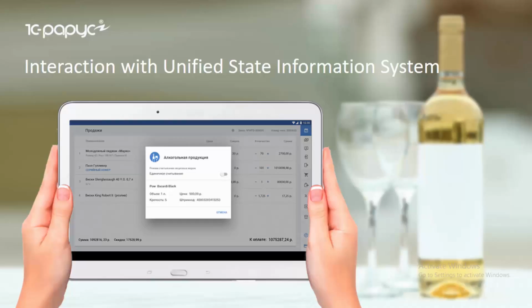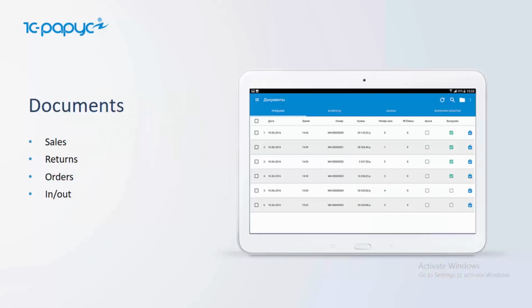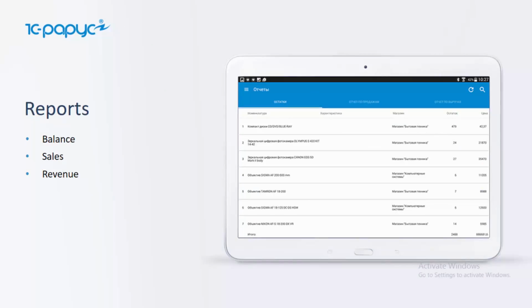So the request and the query is sent to the federal server, the federal cloud platform, and this is also implemented in this system. The documents are typical: reports for sales, for returns, for orders, for cash in, cash out, and also balance, sales, and revenue.